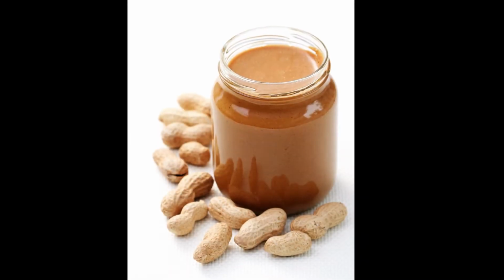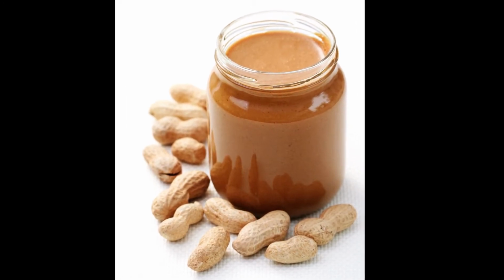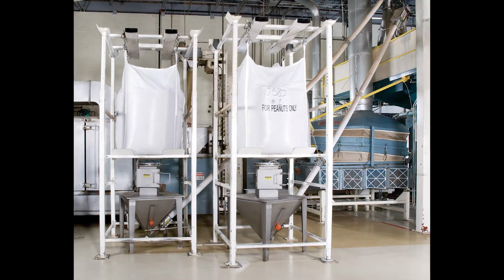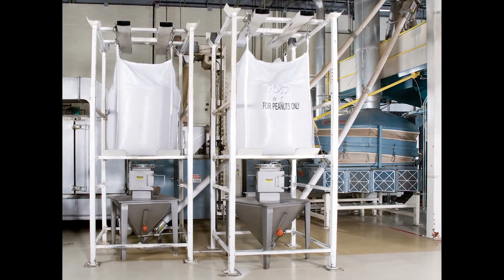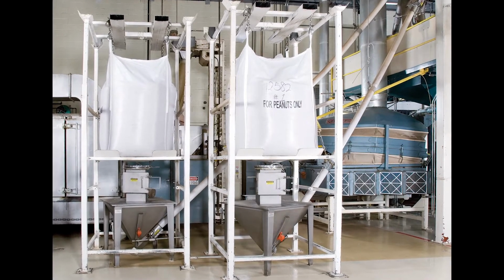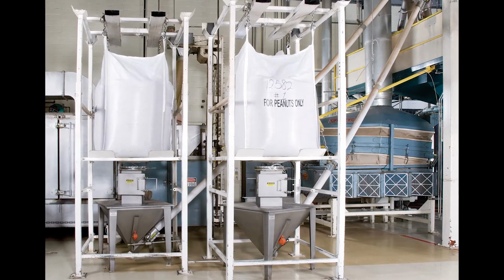Nutco Inc. of Ontario, Canada is the largest supplier of organic peanut butter to the United States. The company switched from dumping of peanuts from burlap bags to automated discharging and conveying from bulk bags, using 2 bulk-out dischargers with integral flexible screw conveyors from Flexicon, which improved operational efficiency, reduced manual handling of the peanuts, and